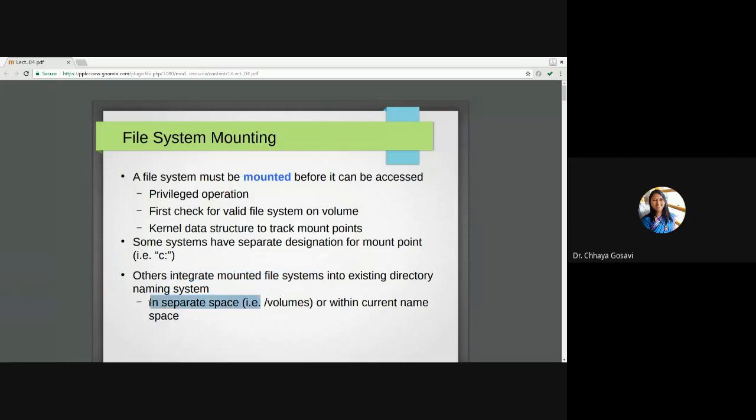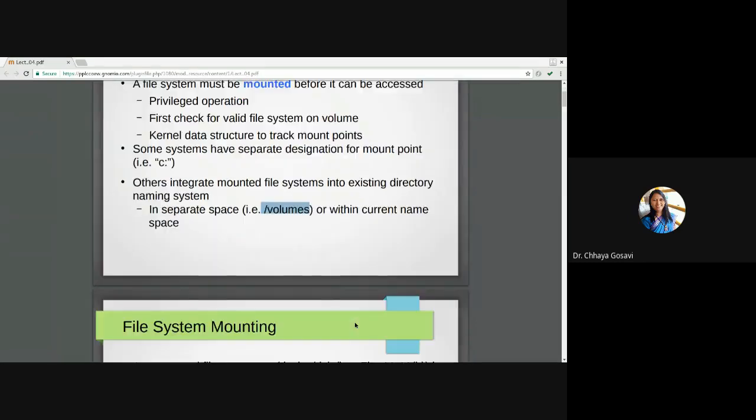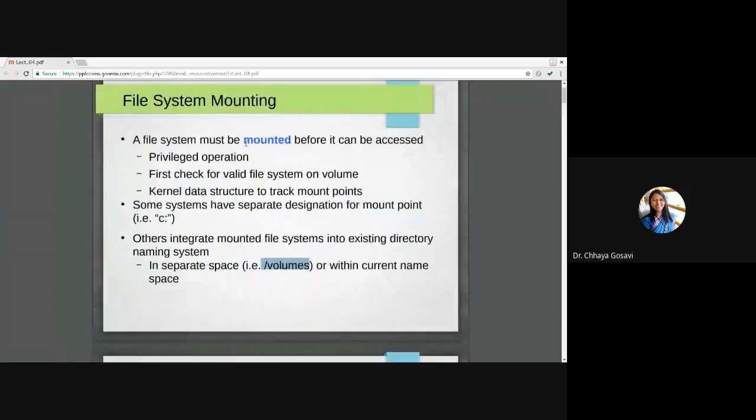So it is either in a separate space, that is a volume, or within the current namespace. You can create a separate volume, like in Windows we have different volumes, E drive or D drive or G drive, whatever the name is, or in an existing file system you can create a space with some folder name. So this is how we connect one file system to another.